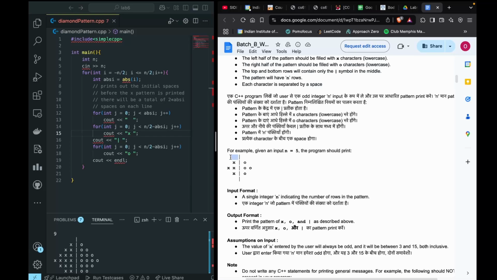So once I put abs i number of spaces, then there will be n by 2 minus abs i number of characters that I have to put on that particular line, because there are always n minus 1 characters in total. So if I have put x characters, then the remaining characters will be n minus 1 minus x. Okay, so that's why